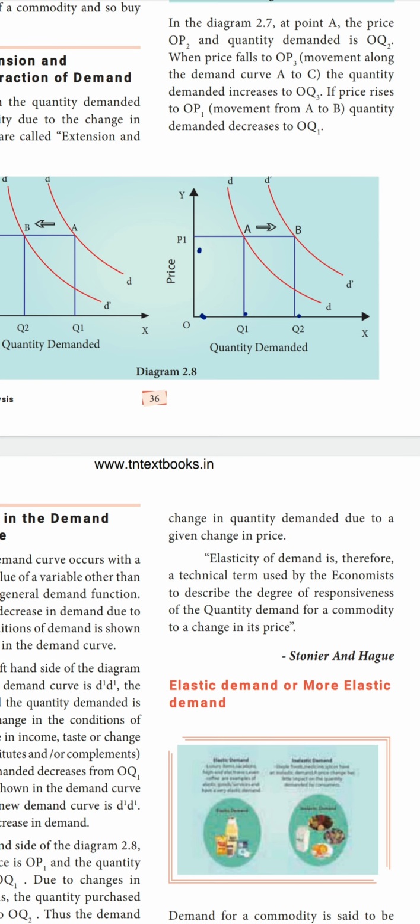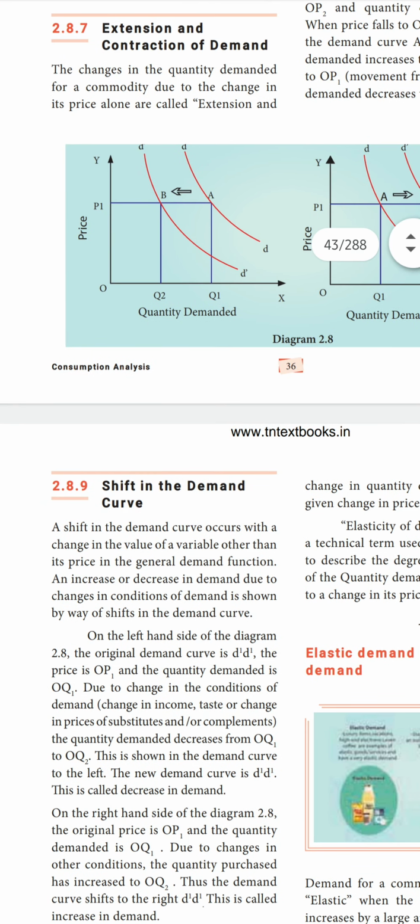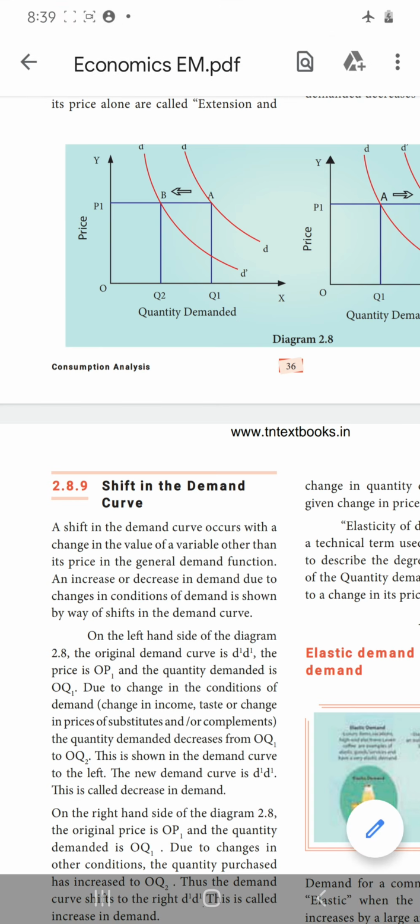First, what they said in the first graph: decrease in demand. That means the price is OP1, the common price. You are buying OQ1 up to the demand curve. At price P1 you are buying Q1. But if the income decreases, for example, even if the price is the same, the purchasing of the product, that means the demand for the product, decreases up to Q2. This curve is called a decrease in demand curve.